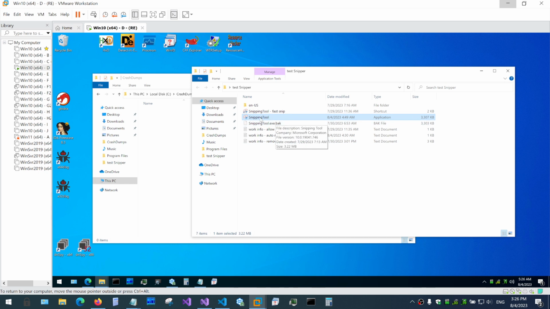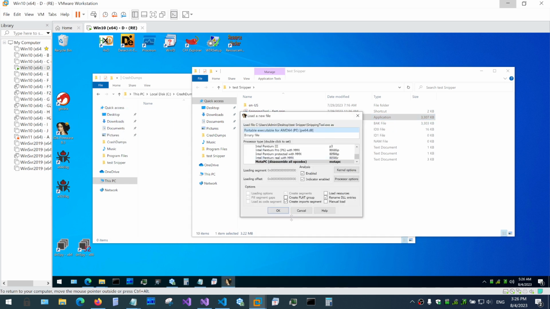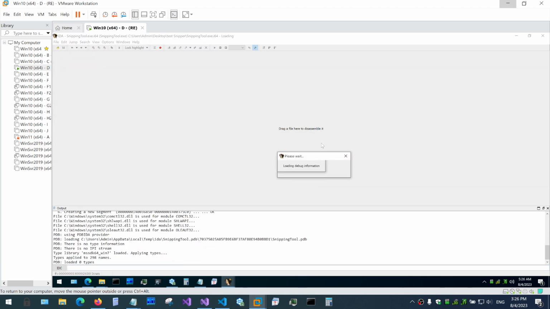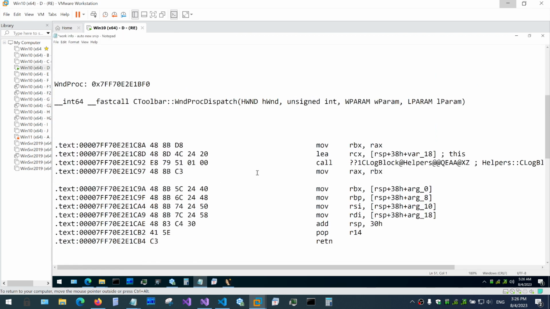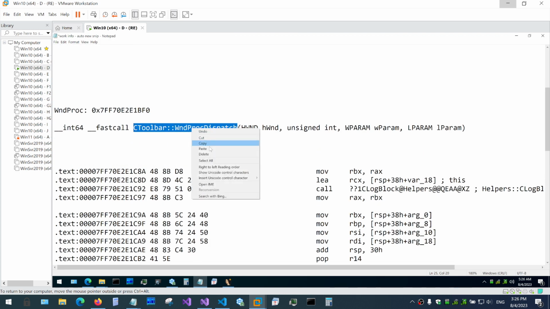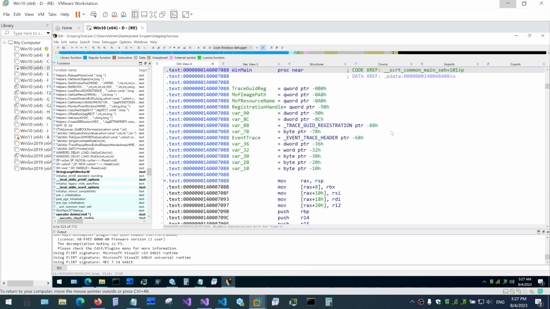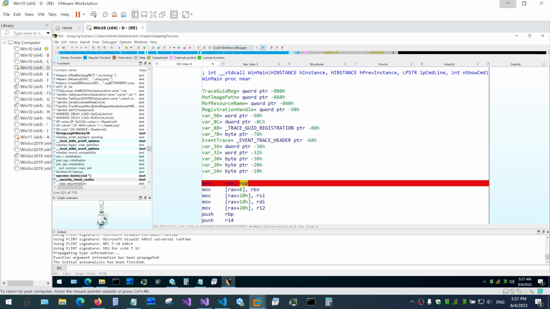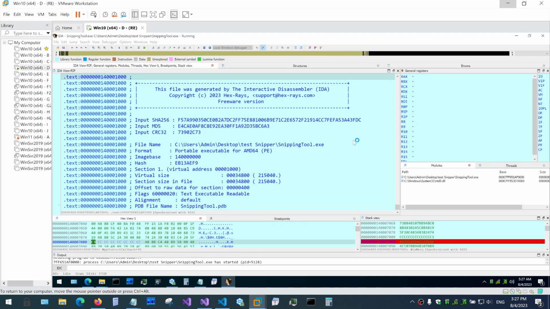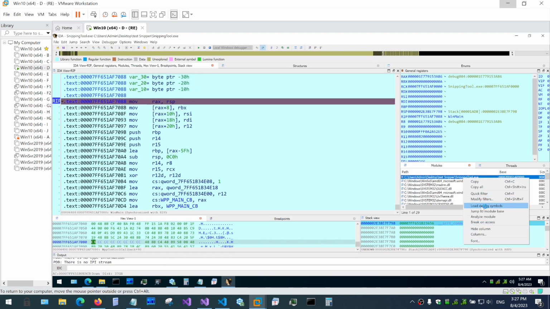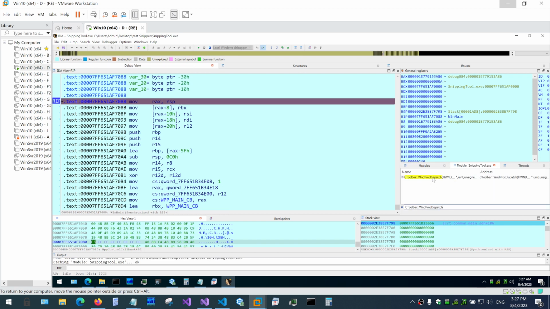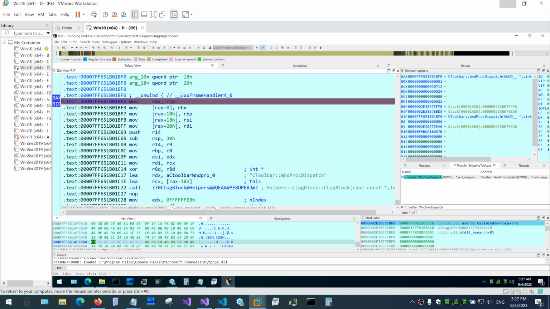So to do that, we have to load it back up in the debugger. I'm going to use IDA. And in this case, it's really simple. We actually have the name of the function that is the window procedure, so we can easily locate it. But before we do that, we need to put a breakpoint on the beginning, and when it breaks, we need to load symbols for our main Snipping Tool. Double click, Control F, find the function, put a breakpoint on it, run it, and when it hits,